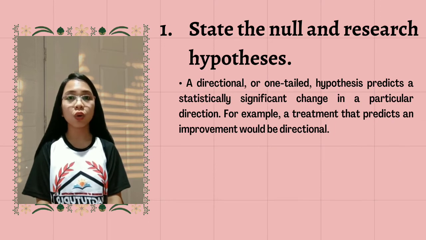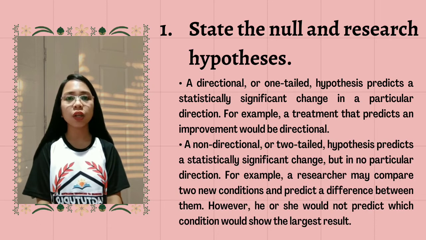A directional or one-tailed hypothesis predicts a statistically significant change in a particular direction. For example, a treatment that predicts an improvement would be directional. So, a directional hypothesis is a researcher's assumption of a positive or negative change, association, or difference between two population variables. This prediction is usually based on previous studies, recognized theories, substantial experience, or relevant literature, while a non-directional or